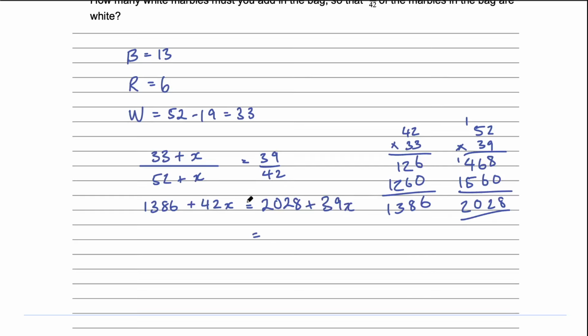Keep simplifying, so take 39x from the left hand side, we'd be left with 3x. Then on the right hand side, we'd get 2028 take 1386. Well, because I don't want to make any mistakes, I'm going to write that down as well. So 8 take 6 is 2, borrow 1, 12 take 8 is 4, 19 take 13 is 6. So this is going to be 642. And then x is going to be 642 divided by 3. That's going to be 214. Okay, so remember x was the number of white marbles we wanted to add, so that's our final answer there,